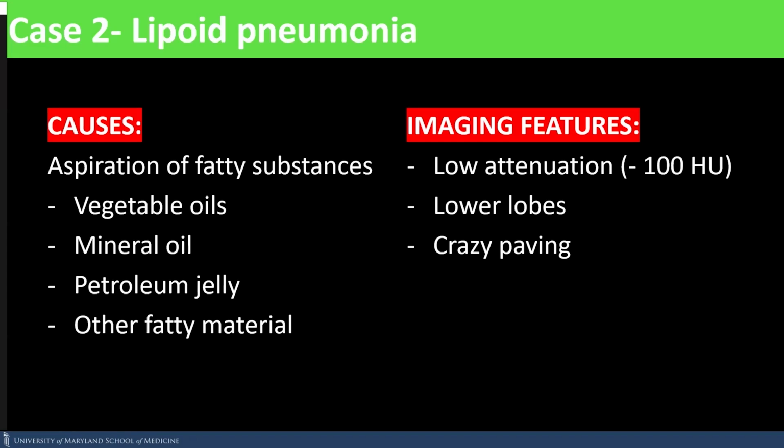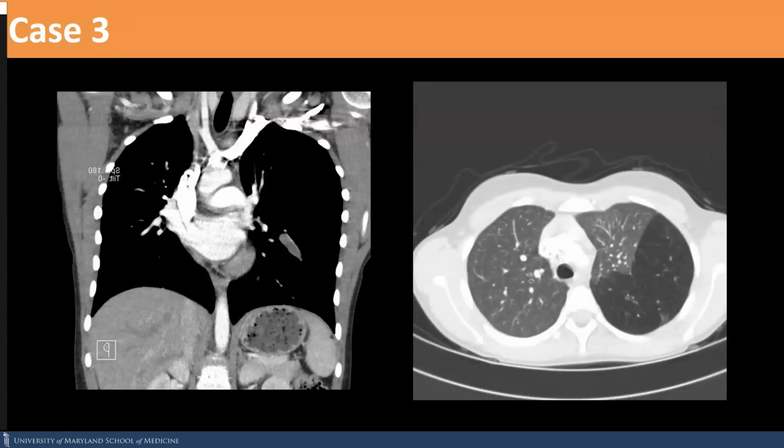But sometimes you'll get something like negative 40, negative 30. That is something that you still want to follow up on, but it definitely has to be negative. You want it to be negative 100 if you can. Other imaging findings for lipoid pneumonia include consolidation, which may have a predilection for dependent portions of the lung. Another imaging finding is a crazy paving pattern, as a parenchymal finding of lipoid pneumonia.